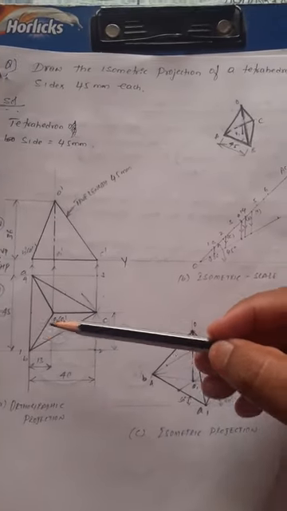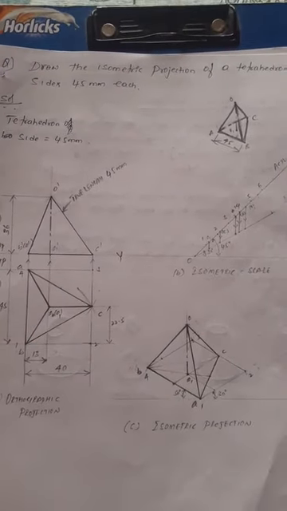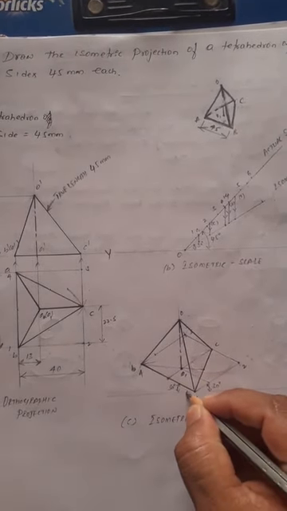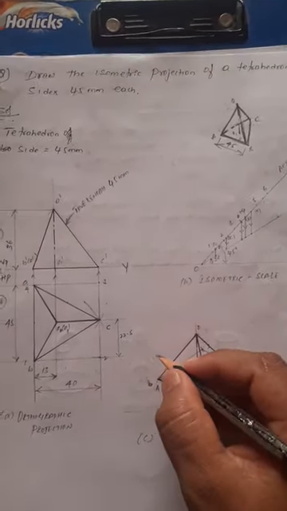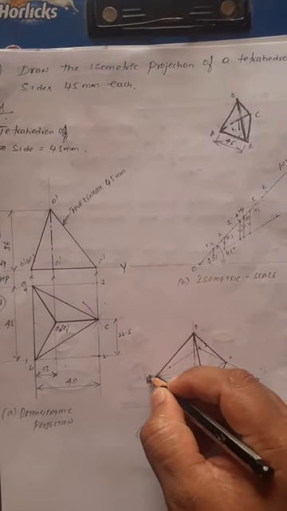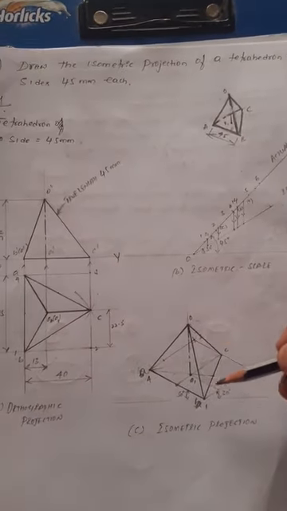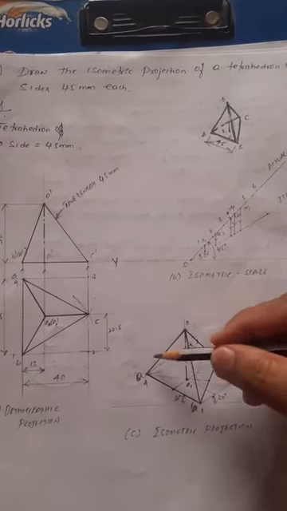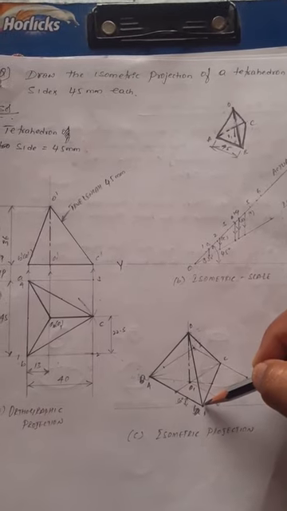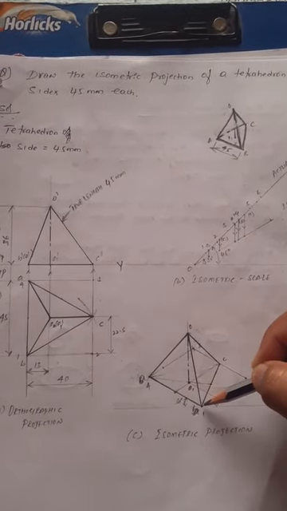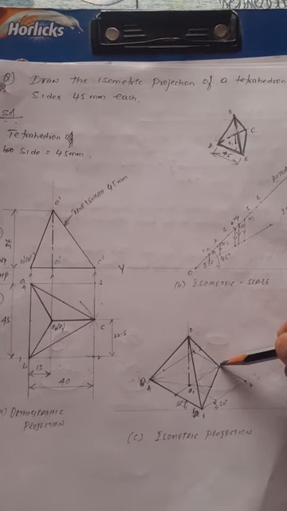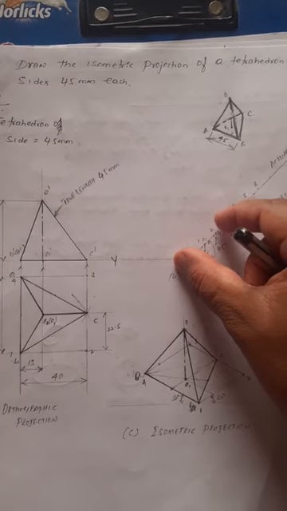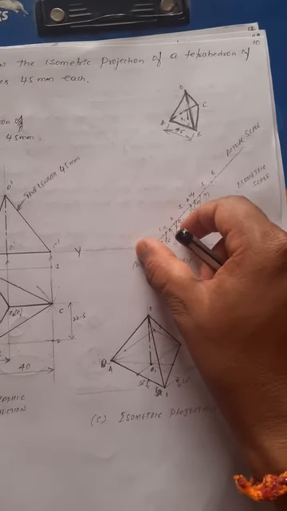Then, as you know, what is 1? Here again I made a mistake. 1 is nothing but B, and 4 is nothing but A. Yes, 1 is equal to B, and 4 is equal to A. Directly we get them at the ends of the corners of the rectangular box. Then how do you get point C? 2 to C is how much? 22.5. Draw it on the actual scale, then convert it to iso scale.